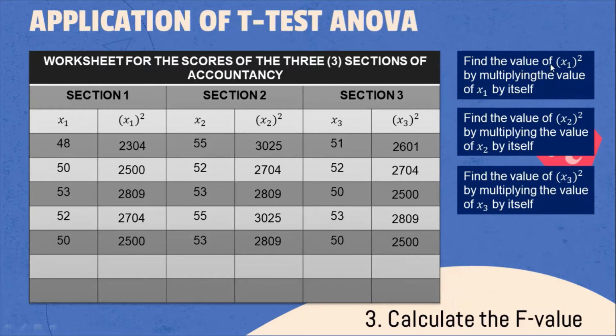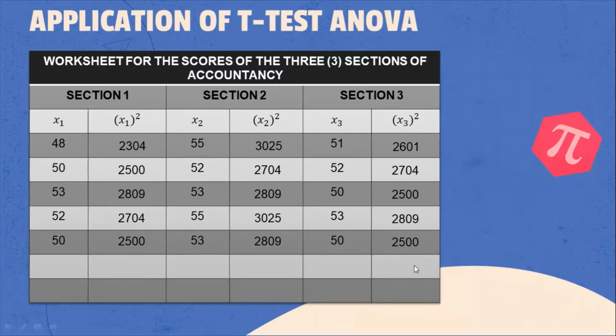Find the value of the square of x sub 1 by multiplying the value of x sub 1 by itself. Find the value of the square of x sub 2 by multiplying the value of x sub 2 by itself. Find the value of the square of x sub 3 by multiplying the value of x sub 3 by itself. These are the values. Next step,